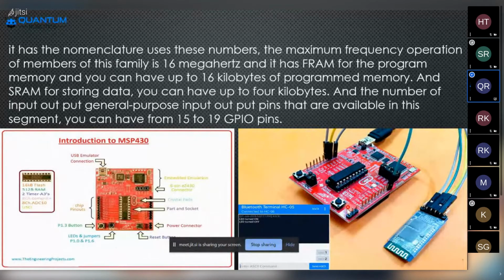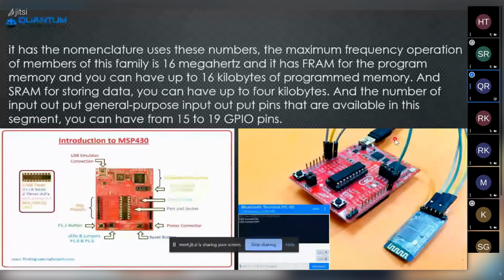Here you can connect directly to power, or else you have an external port. Whatever programming you are giving, if you connect to a battery or power bank, or to a device like a laptop or desktop, then you are getting efficient power for the microcontroller. After inserting the code, you can remove that.